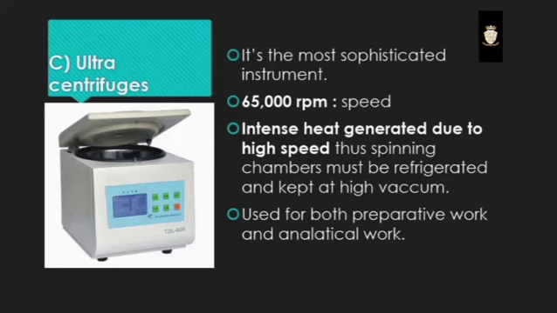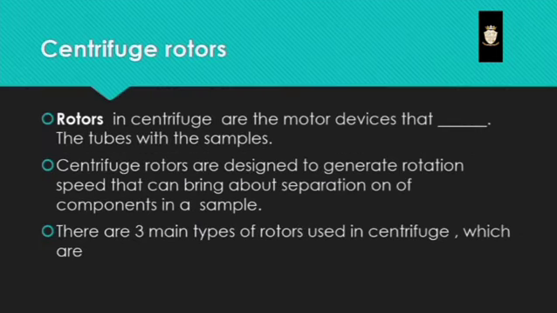And the third one is the ultracentrifuge. It is the most sophisticated instrument. 65,000 rpm. Intense heat is generated due to the high speed. Thus, spinning chambers must be refrigerated and kept at a high vacuum. Used for both preparative work and analytical work. Then,